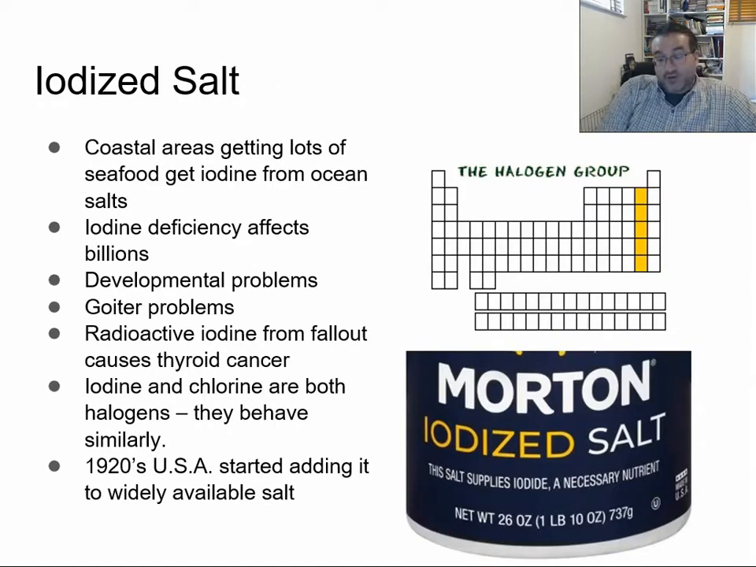Now, there's also a social aspect to salt. Coastal areas get lots of iodine in their diet because they eat seafood and there's iodine in the ocean salts, and so those people have a common, easy to get source of iodine. However, across the world, iodine deficiency causes developmental problems and health problems for billions of people. It can also cause goiter problems because iodine is concentrated in the thyroid